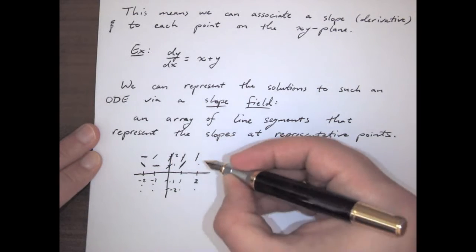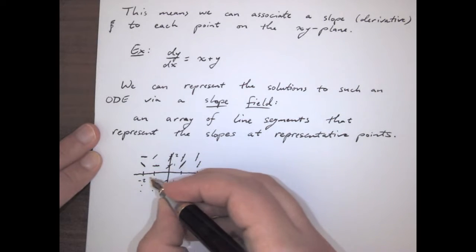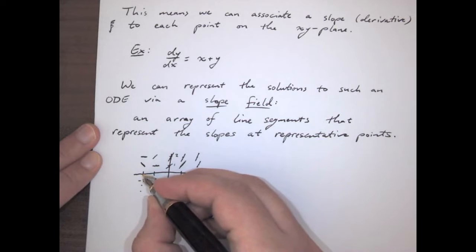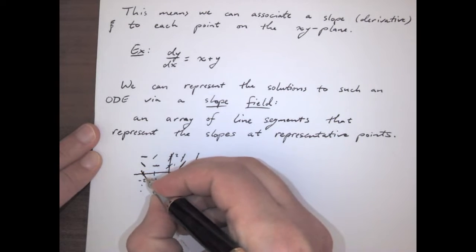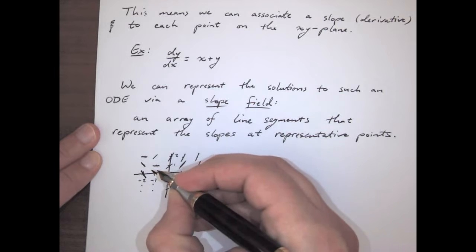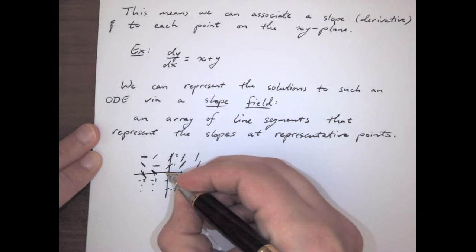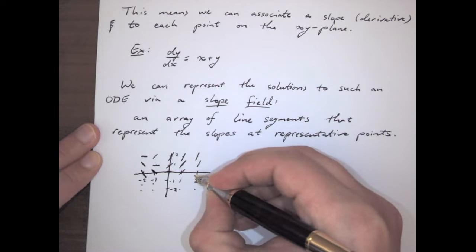And then a slope of 3. And then over here, what we're going to have is -2 and 0, so that's going to be a slope of -2. Sorry, -1, what am I saying? 0, 1, 2,